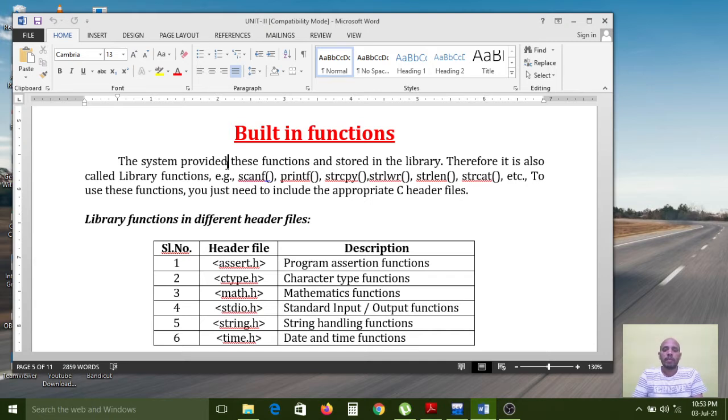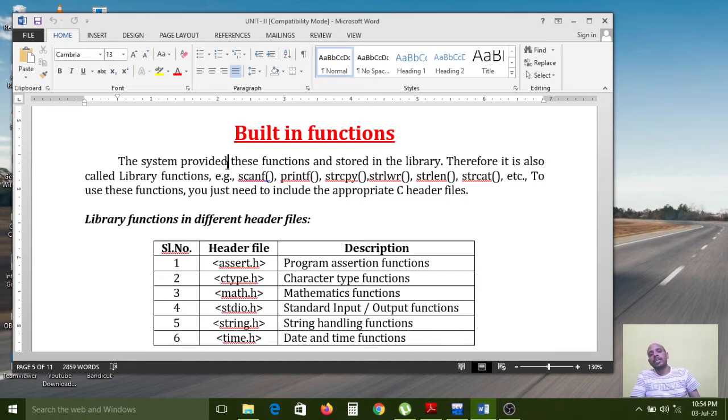Along with the C programming language software, some predefined functions have also been given to us. We just simply use those functions. No need to write the logic for those predefined functions. Predefined means what? It has already been defined, the function definition. We just simply call and use it in our programs. So that is the meaning of predefined.